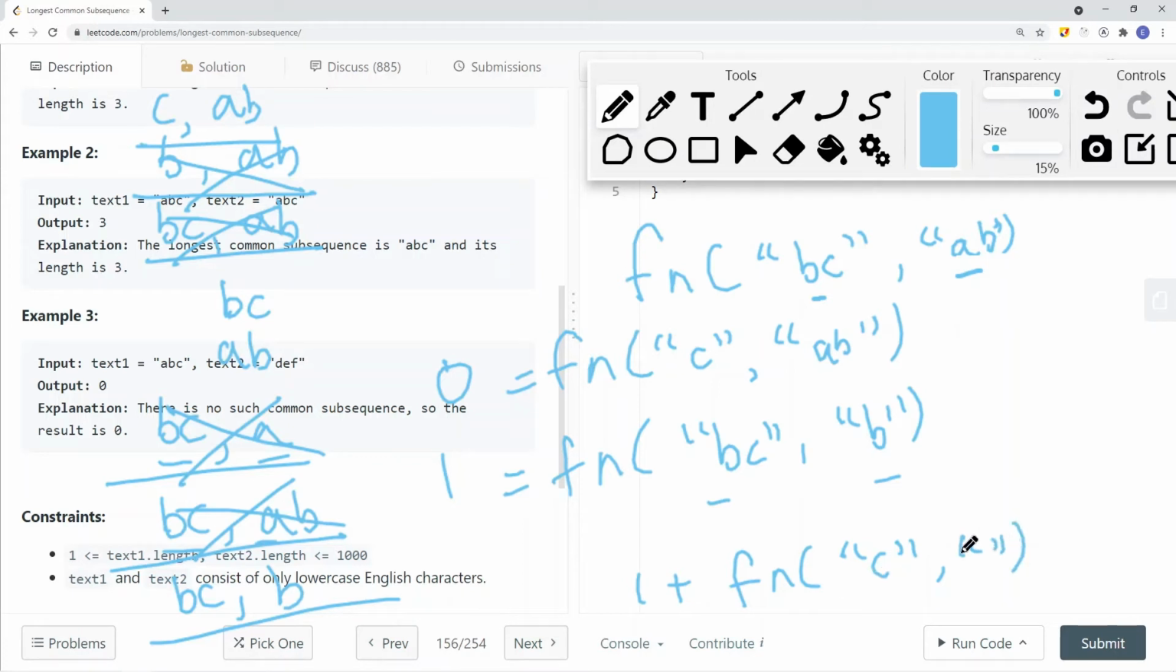So it's just going to be 0 for this one. So it's just 0. 1 plus 0 is just 1, right? And for this part, it's the same thing. In this case, C and A do not equal each other. So what we're going to do is get the longest common subsequence,